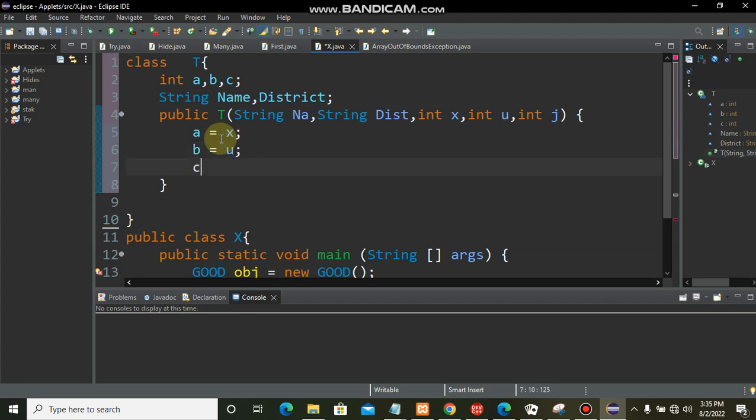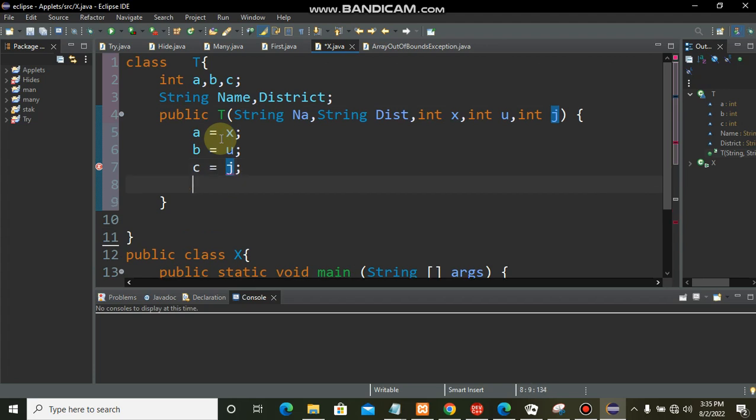The next one was a c. So to it you assign the value of j from the constructor. And we also had strings. We have a string of name and we have a string of district. So you're going to do the same thing here. This is if they ask you to write a constructor without the this keyword, this is what you're going to